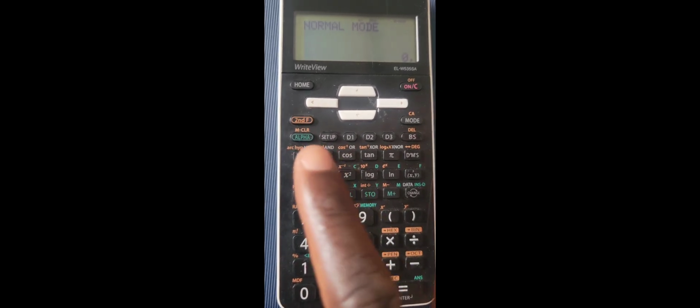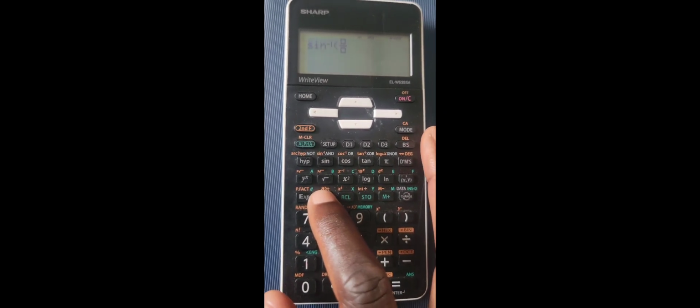Okay, so this is my calculator, so I'm just going to punch arc sine, which is second function, then I punch sine. Then I open the bracket, then I punch that whole expression, 10 sine 50 over 9. So I'm just going to press this one, then I punch 10 sine 50 over 9, then I close the bracket and I punch equals, which takes me straight to my answer, which is